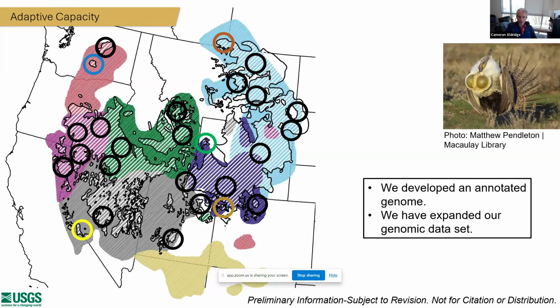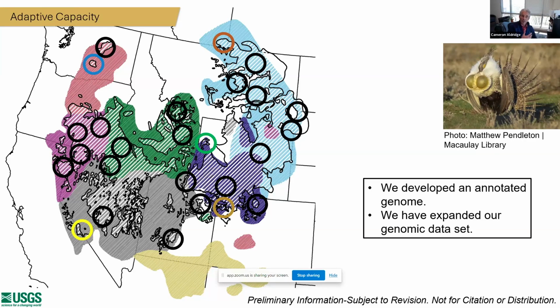We expanded that genomic data set with samples from these additional sites. This is allowing us to better characterize the relationship between adaptation in the sagebrush community and the local climate. So we might provide some insight into common management interventions, such as restoration of habitats. If we're going to restore habitats, we better have the right sagebrush that sage-grouse are adapted to deal with those toxins. If not, sage-grouse better have the adaptive capacity to express different genes to deal with those different toxins that are associated with those specific habitat types.